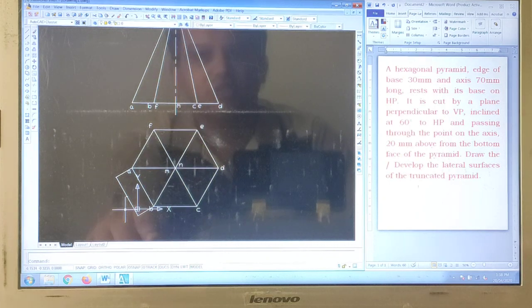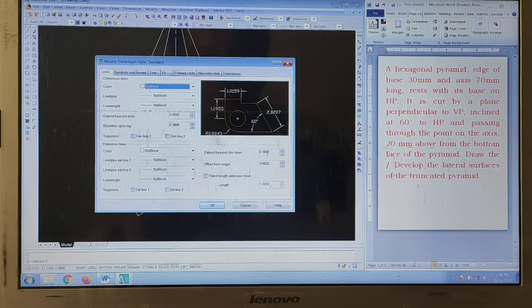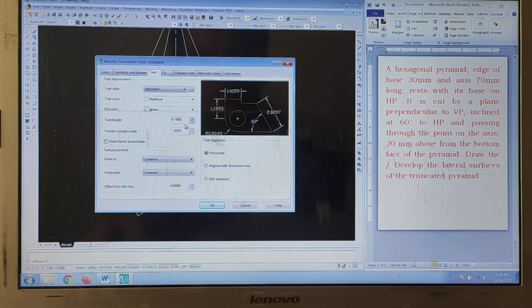Now this dimension is not visible, so let us change the dimensioning style. Over here you need to click, that is nothing but the dimension style manager. Over here modify, then text height we need to modify, and this must be 3 mm. Okay, aligned with the horizontal, isn't it?